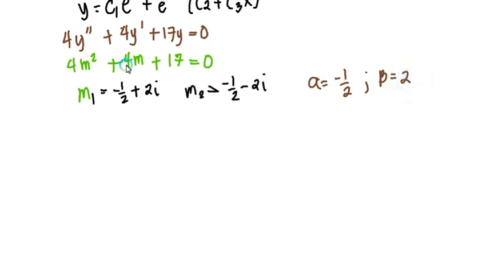Okay, so i-substitute lang sa aton nga formula or general nga formula. Y is equal to e raised to ax. So that is e raised to negative 1 half x multiplied by your